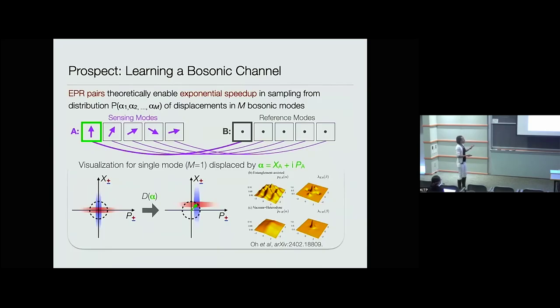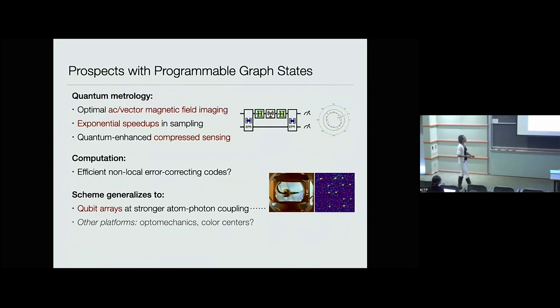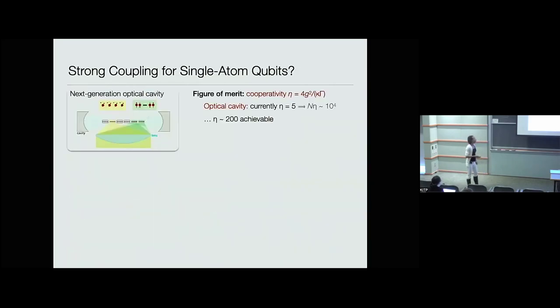And I think that illustrates something I found surprising about the power of even these multi-mode Gaussian entangled states. Okay, so I've illustrated this toolbox of programmable entanglement for maybe allowing us to explore some new directions in quantum sensing and multi-parameter estimation. In principle, this programmability might have other applications. I mentioned computation early on. There, it would be best to have potentially single atom qubits with stronger atom photon coupling. So I just wanted to take a moment to say, can these types of experiments be taken in that direction?